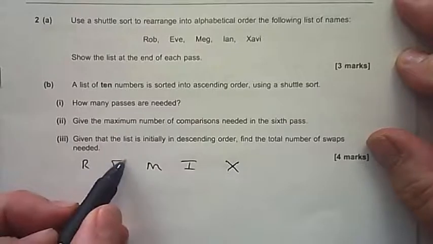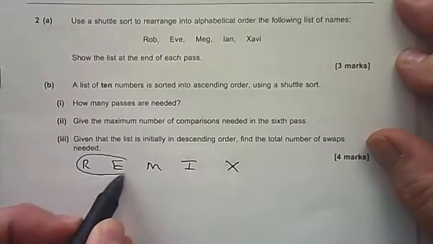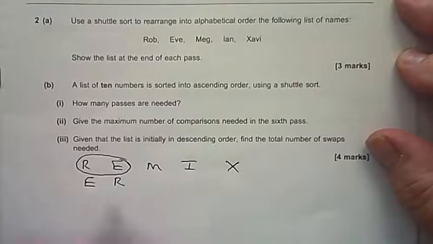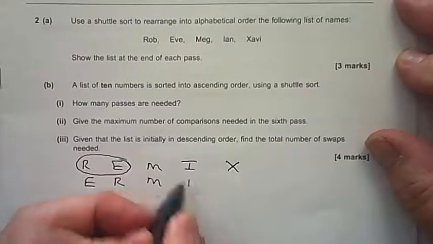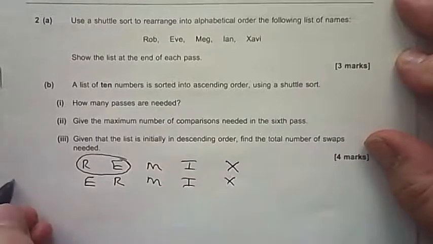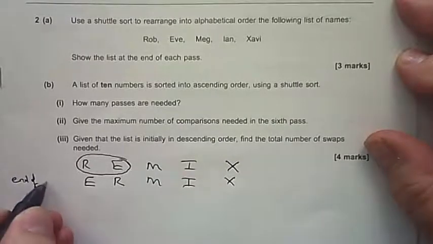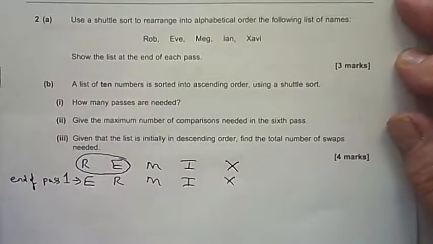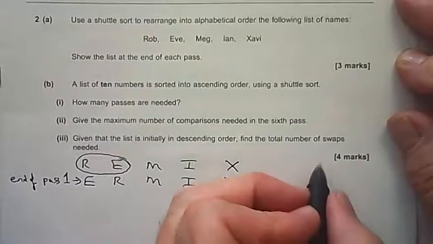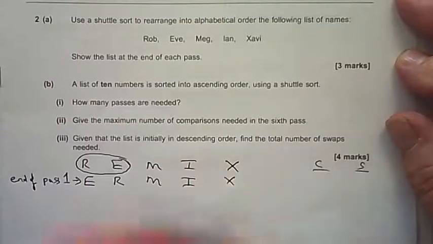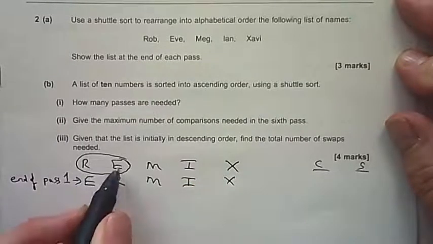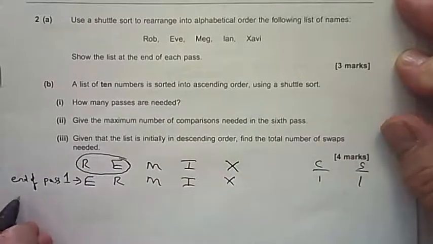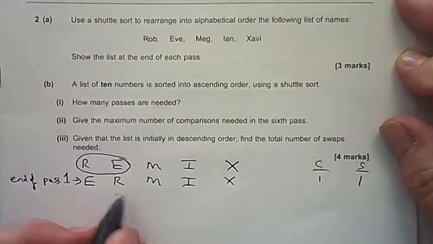With shuttle sort, in the first pass you only compare the first two items. They do swap, so there's the end of the first pass. So end of pass 1. In that pass we had one comparison and there is a swap. You can see that they've swapped there. Second pass,